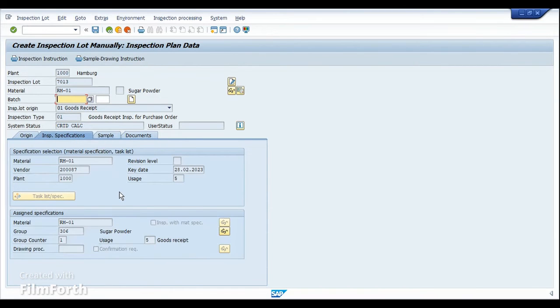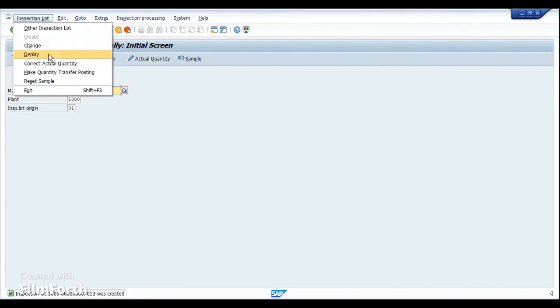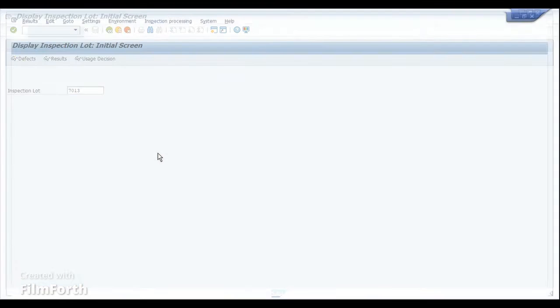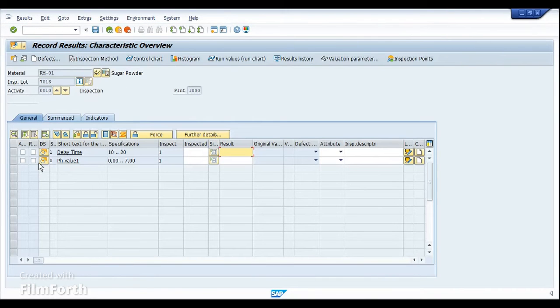Okay, so now the lot can be saved. The lot number is 7013. So let's perform the result recording first. I'm going to the transaction QE01 to perform result recording. So this is the lot. Okay, so these are the characteristic values for this particular material. So we are going to provide the results,